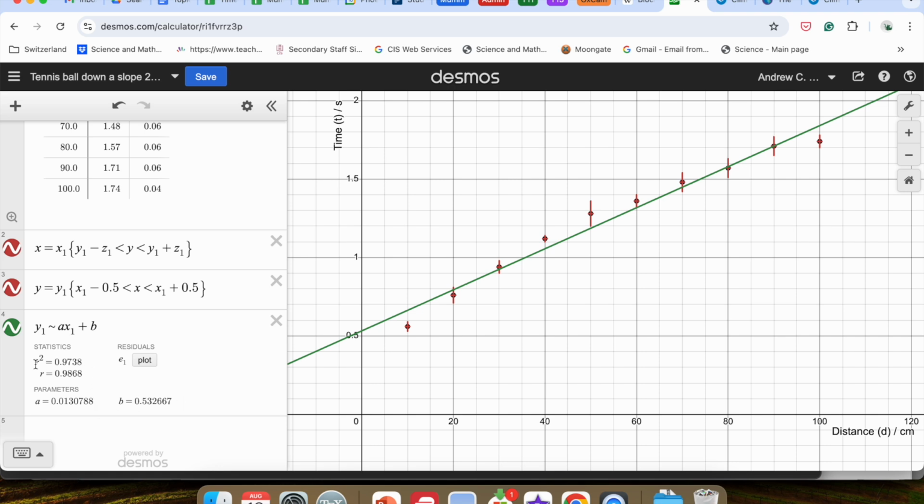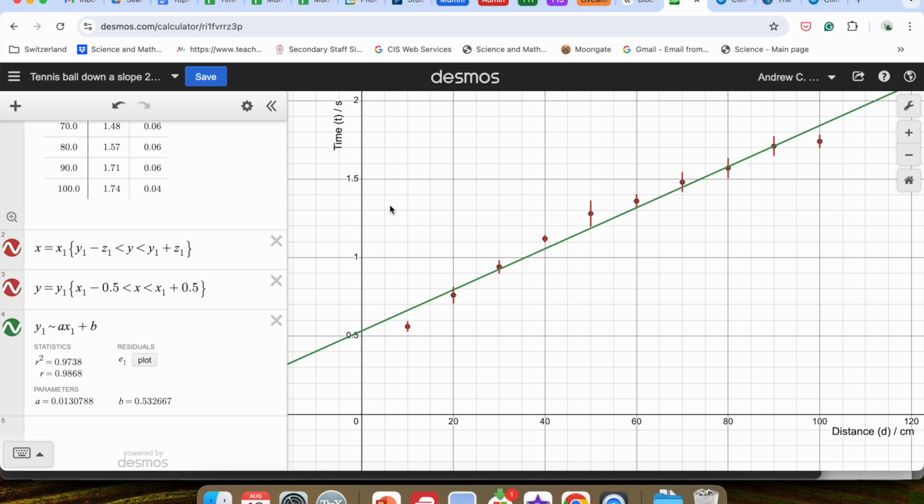Desmos also gives us the r² quantity. So the closer this is to 1, the closer the data points lie to the graph. So in some sense, the closer r² is to 1, the better the fit is. But that's not all we rely on when we look for a good mathematical model, because we also need to